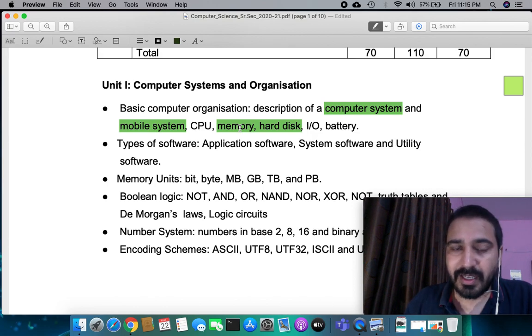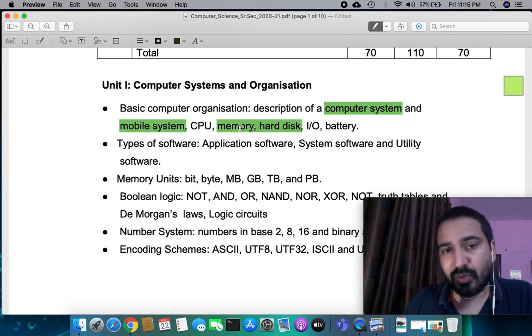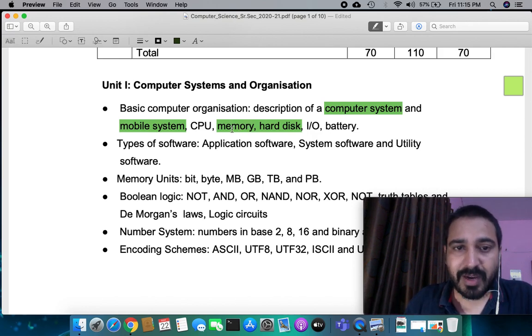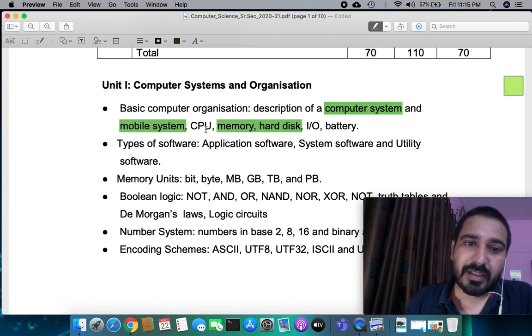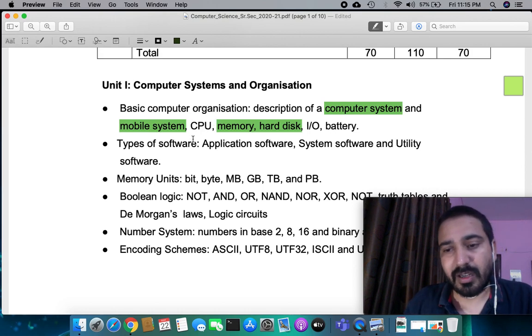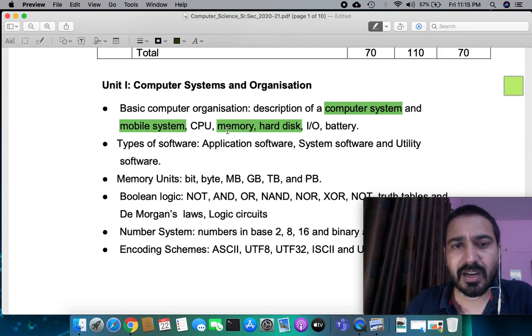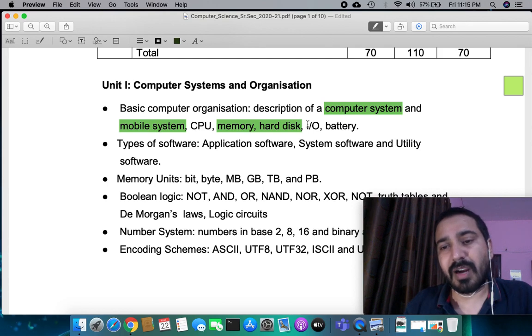When you are playing, at that point in time, the game is lifted from the hard disk, the permanent storage, and brought into memory. Using that memory, the CPU processes the data, and you play on your mobile phone or computer. That is how the concepts of memory and hard disk actually work. Now let's come to the part of I/O.